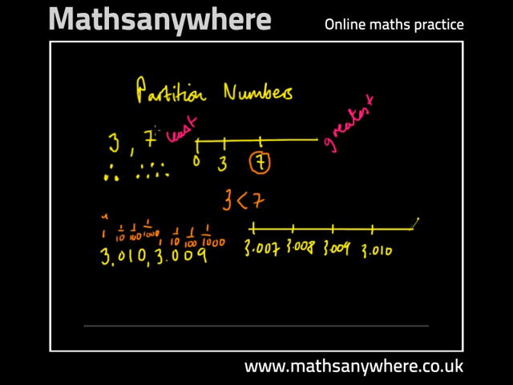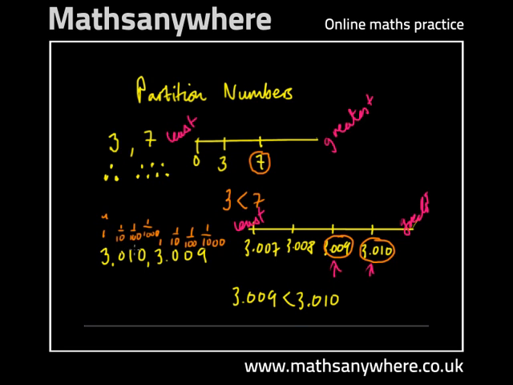It's the same. We're using the same kind of number line with the number with the least value on the left, and the number with the greatest value on the right. We can see that the two numbers included are here and here. The greatest of the two numbers is 3 and 10 thousandths. The number with the least value is 3 and 9 thousandths. So we can write out that 3.009 is less than